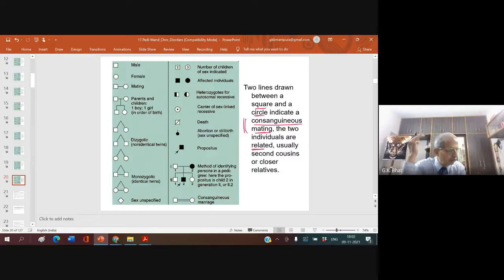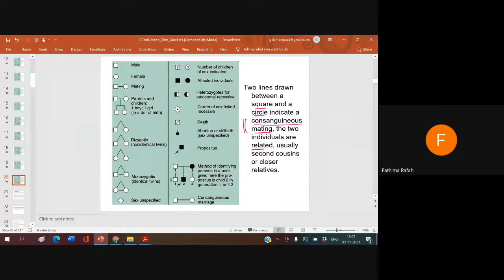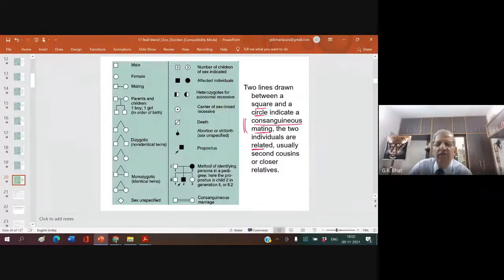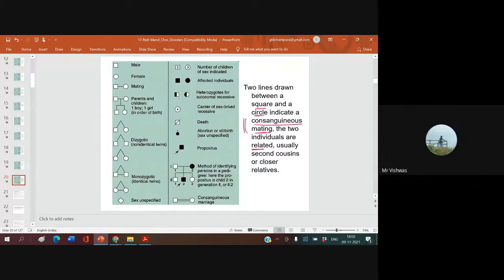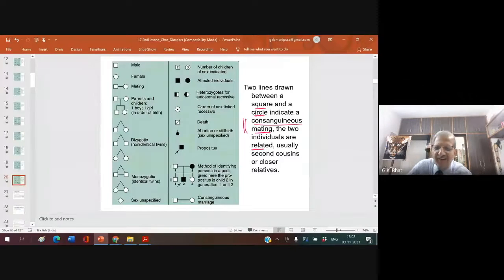It is very good. Am I right? Vishwas? Is it good? Yes, sir. Yes or no? Is it good? Marriage between close blood relatives is good? Aisha? Yes, sir. No, sir. Blessy? No, sir. Who said good? Vishwas? No, sir. Vishwas? Are you thinking of getting married to your own sister's daughter? She is so pretty? No, sir. Then who said yes? Don't get married. Why should we not get married? Come on, tell me.